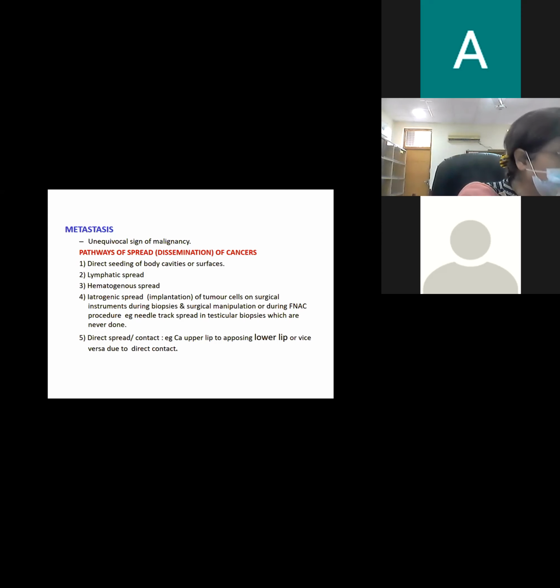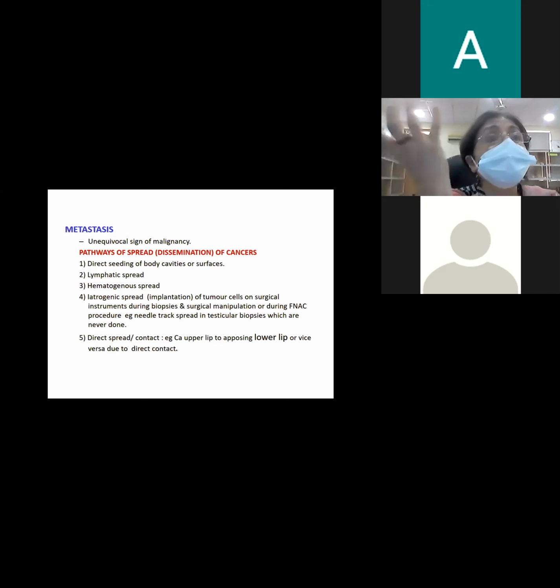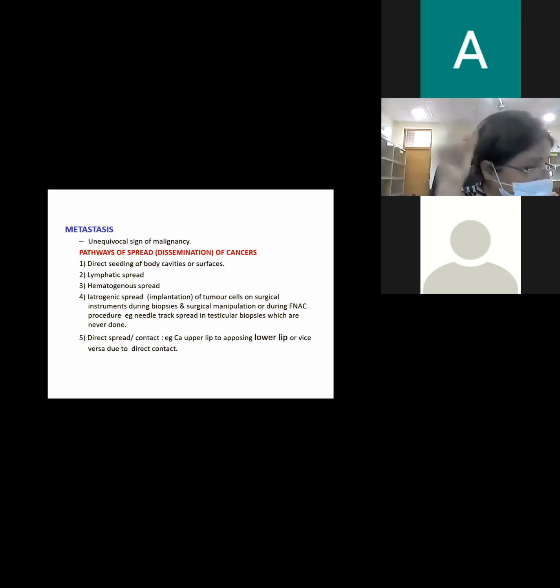So local spread or invasion is in continuity. It is spread into the adjacent tissues or the neighboring tissues, whereas metastasis is a discontinuous deposit of the tumor. So we define metastasis as spread of a tumor to distant site that is physically discontinuous and away from the primary tumor, which is the original. And this is the hallmark that labels and marks a tumor as malignant. The primary tumor, जो कि original tumor था, that is the primary tumor, और जो बाद में उसका metastatic deposit है, that is the second.